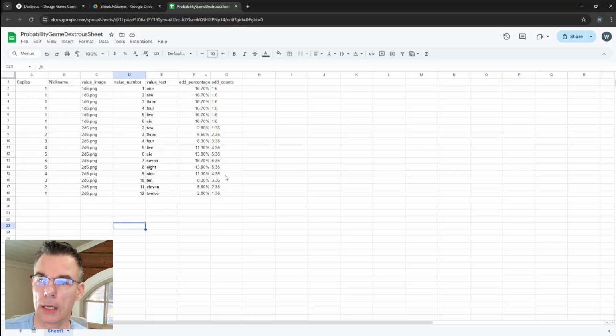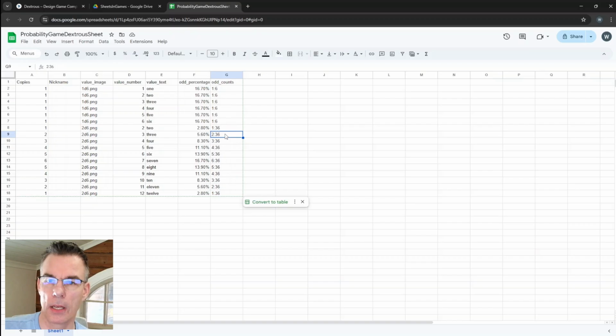And Dextros is quite good in this integration, so that if I make a change here, for example, I noticed that, okay, I can say that value of 2, value of 3 has odds of happening of 2 out of 36 throws.